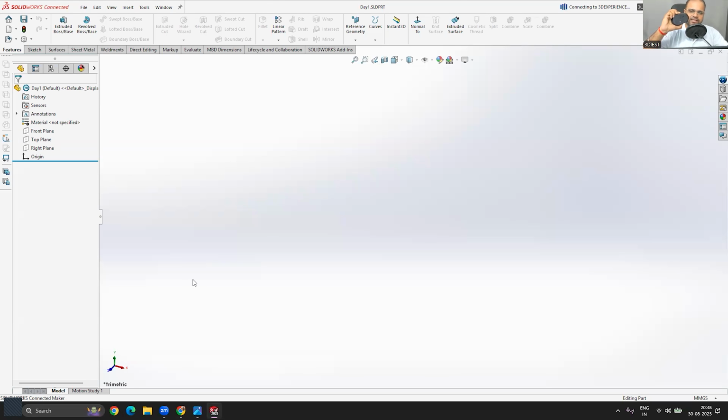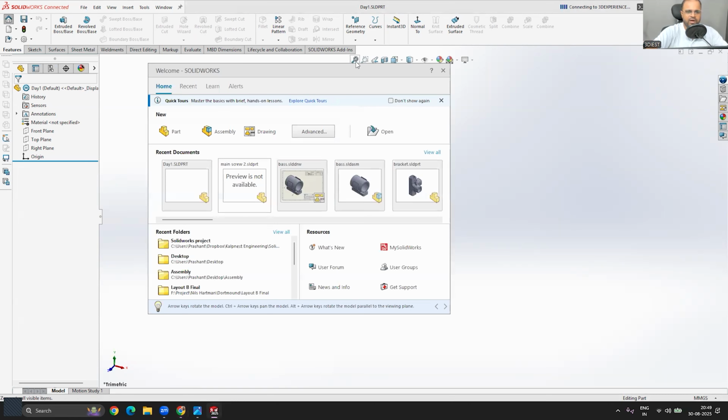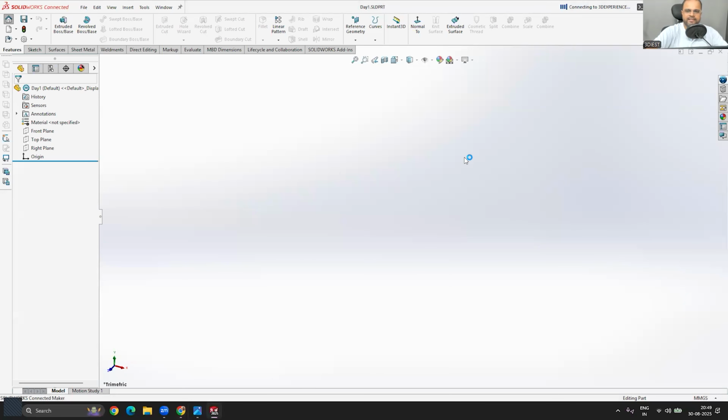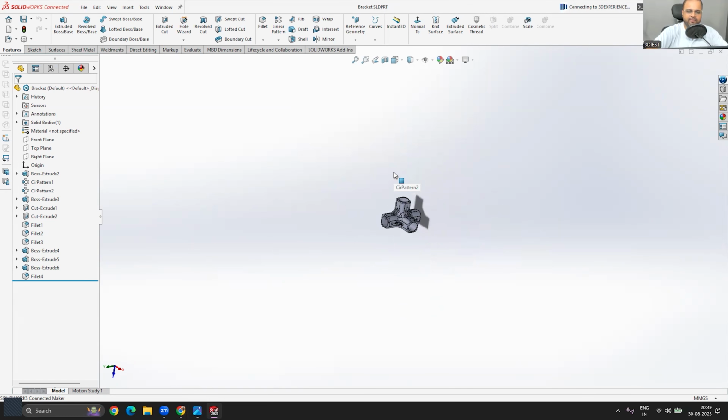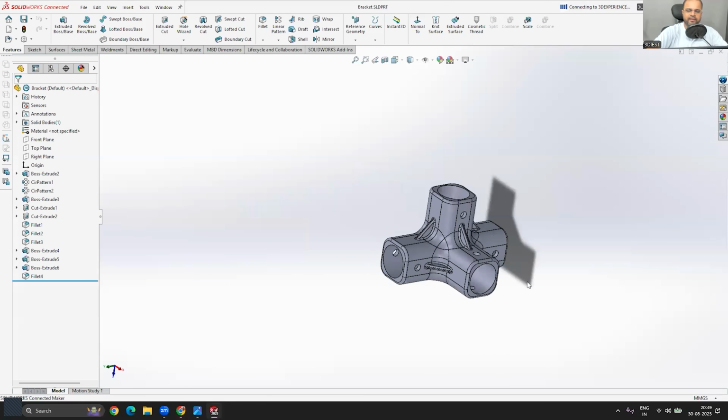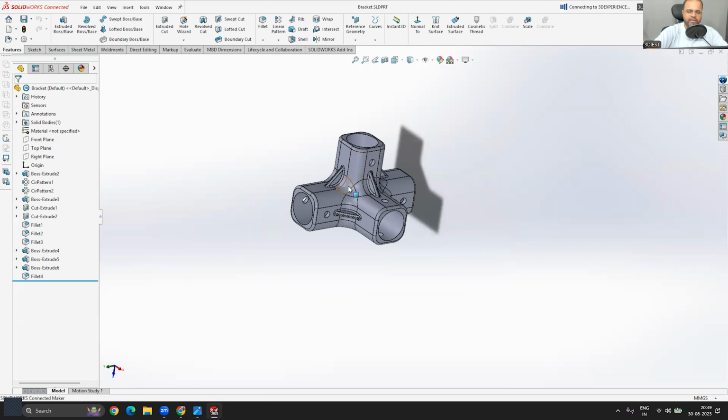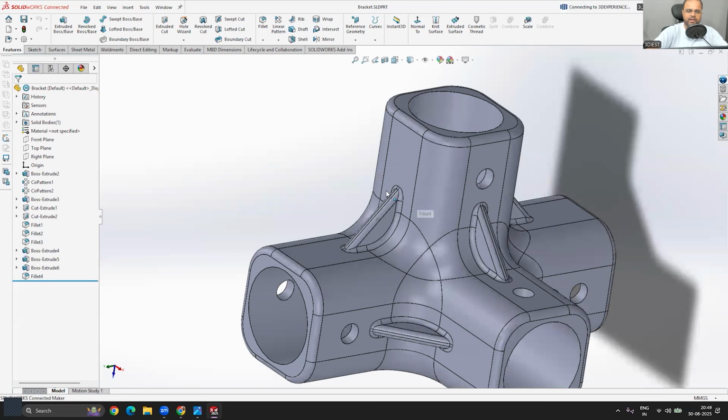Right now I am using an external mouse, and the reason I am using it is that you can navigate across your model with it. So let me open some recent files so I can show you how this works. Let me open this simple bracket file that we made earlier. As you can see, when I scroll my mouse scroll wheel towards the front, it is zooming out. If I scroll it towards me, it is zooming in. That way, wherever you put your cursor, you can zoom in and zoom out of your 3D model.